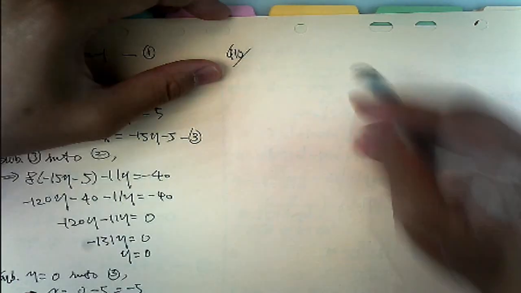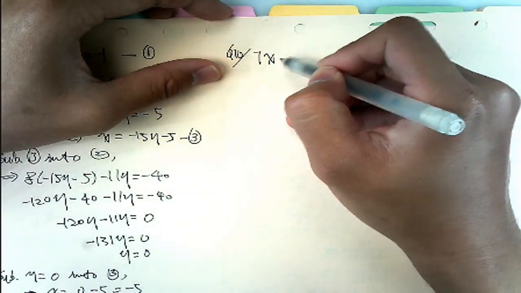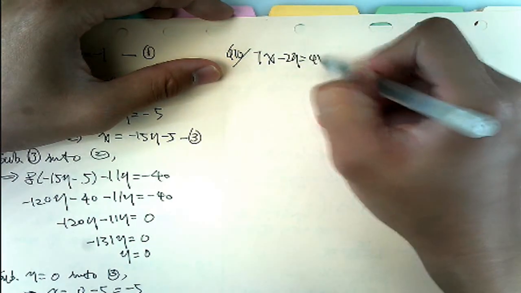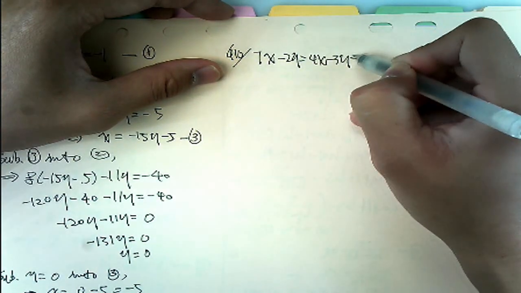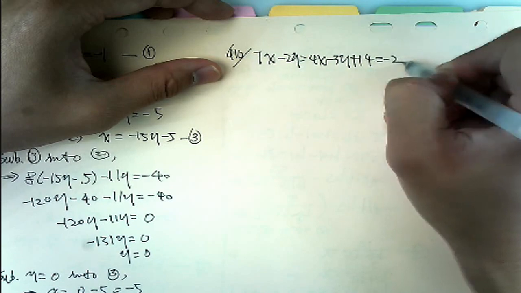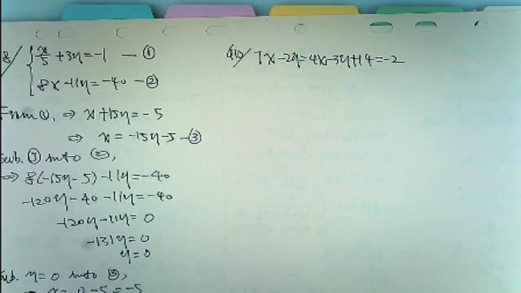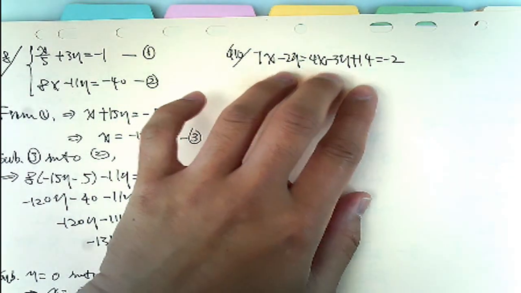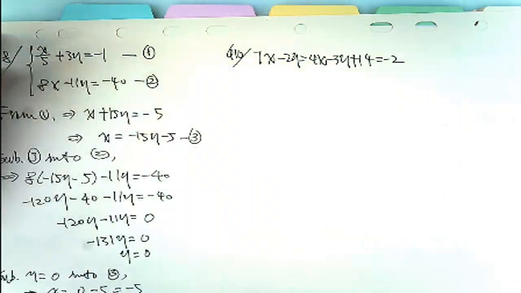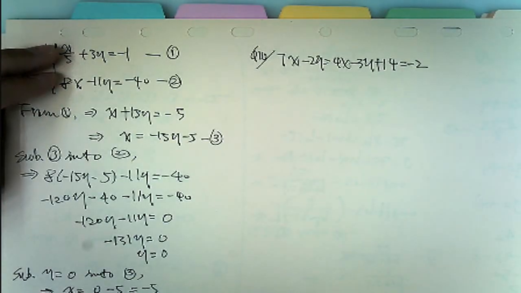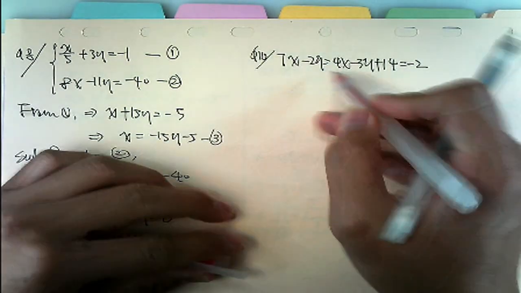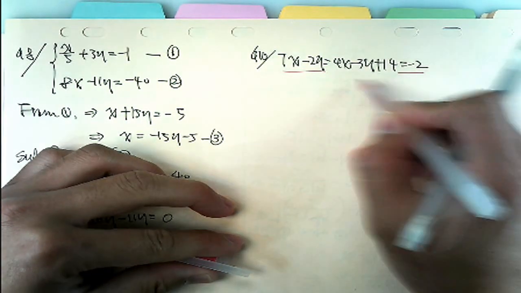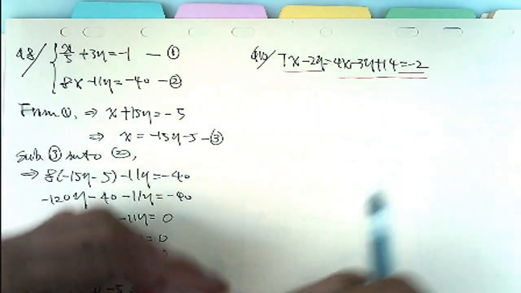Number 10. So this is 7x minus 2y equal to 4x minus 3y plus 14 equal to minus 2. So for this kind of expression, how to do? We can just break down these kind of expressions into this form. How to break down? You can make this equal to minus 2 and this equal to minus 2. Make it 2